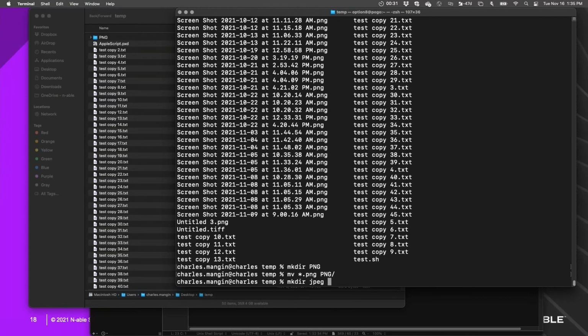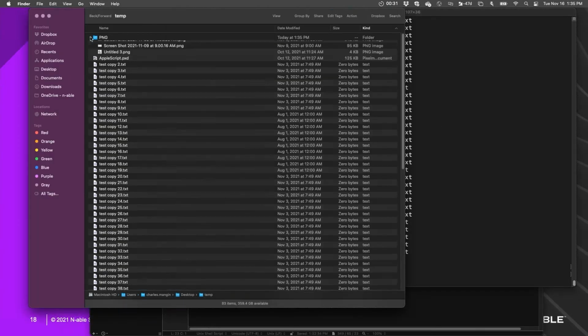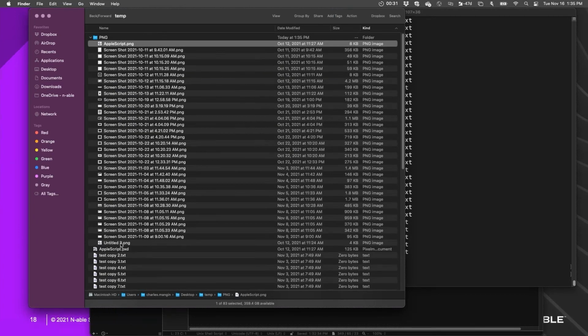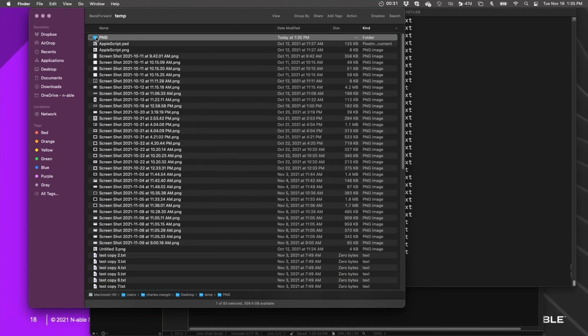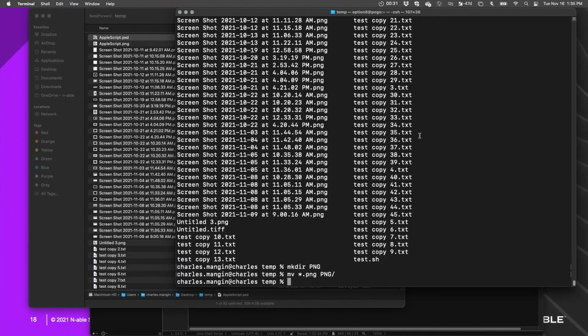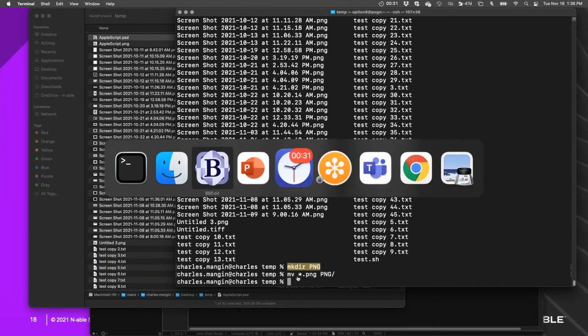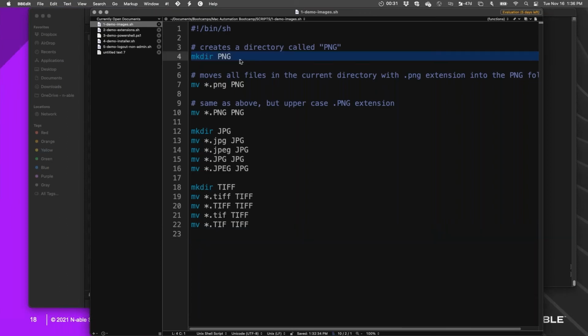That might be a little bit faster, especially if you've got a few thousand files all in the same place or in the same directory structure. If you want to move things around that way, the command line is a lot faster than dragging and dropping and making sure you have all the right things selected. And if you can do it on the command line, you can also do it as a shell script.